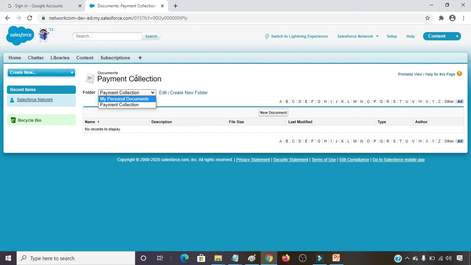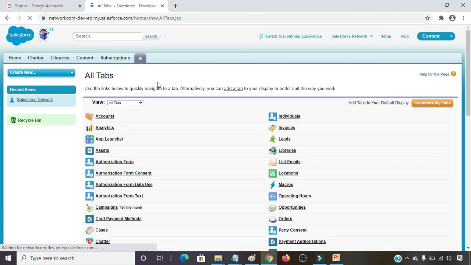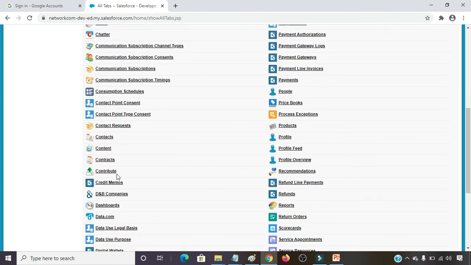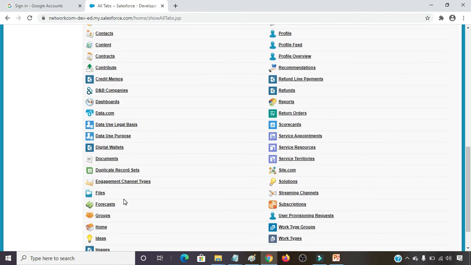Now we are going to see how to create document in Salesforce. For that again I am going to click on plus sign, look for documents and click on that.